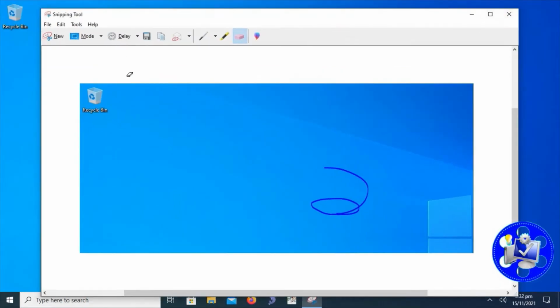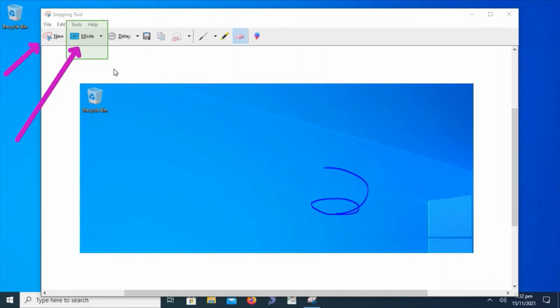Now we will discuss how we can capture a custom screen in Windows 10. We have modes here by which we can take custom screens using the Windows snipping tool. Here is the mode of capturing Windows screens. There is the new button, by clicking which we can take the screenshot of the Windows area. And here is also an important option called the delay option. Whenever we try to capture a new screen, if we want to wait 2 or 3 seconds before capturing the screen, we can use the delay option for this purpose.